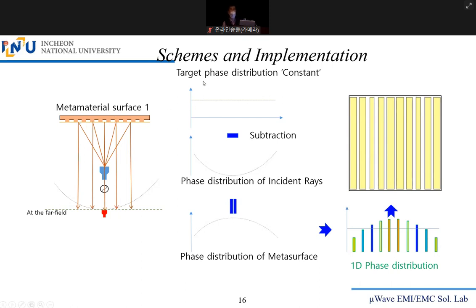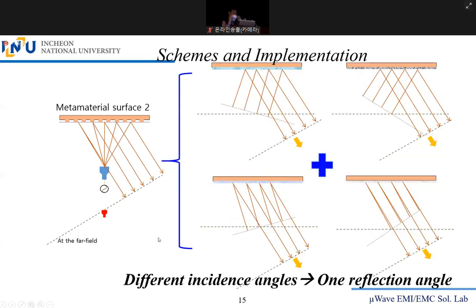Here is my target phase distribution. So the procedural step here means you should set the target phase. The reason the target phase is constant here is that we want, can you see that, the phase we receive at this position on the metamaterial surface, in case number 1, to have the same wavefront. If you are confused or lost,